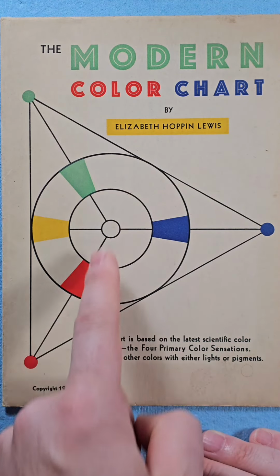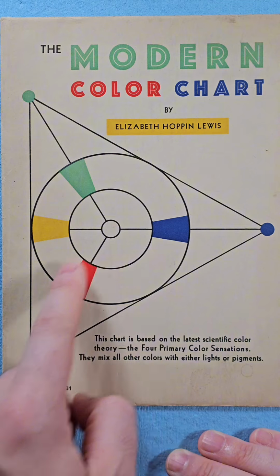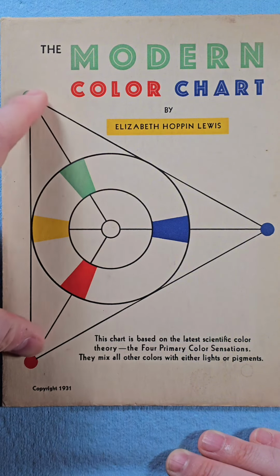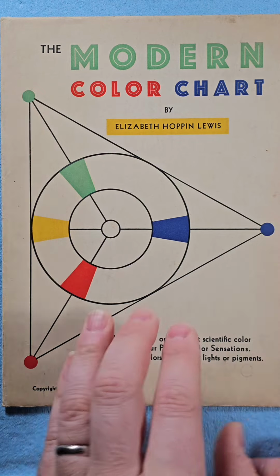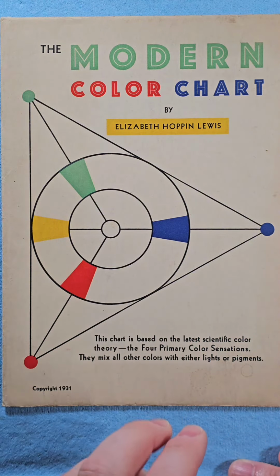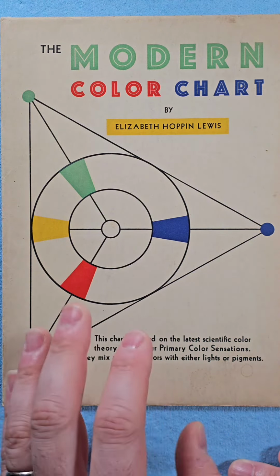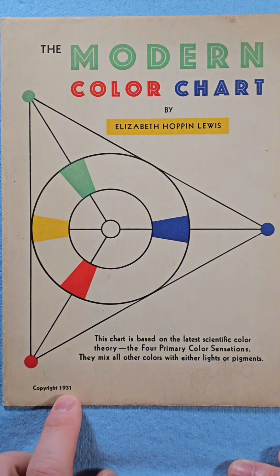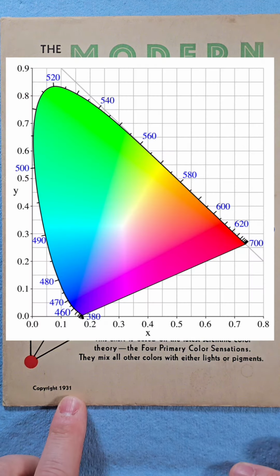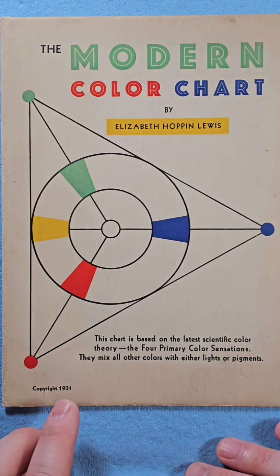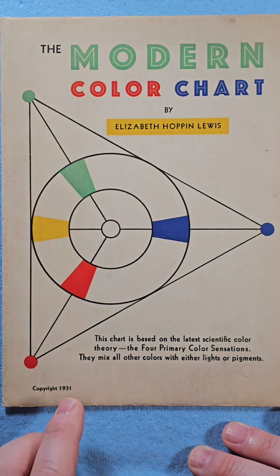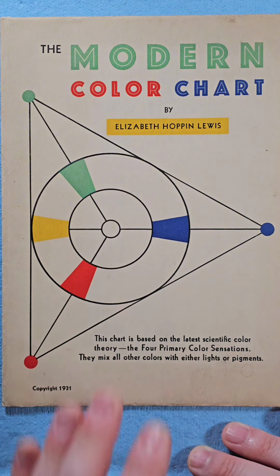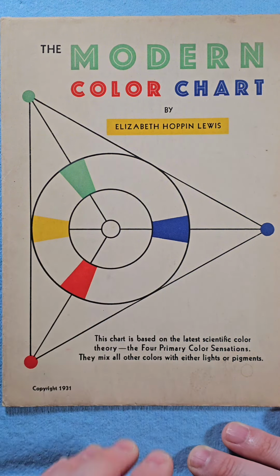You don't have red and green opposite each other. You have them at these angles where they are pointing to the corners of the RGB triangle. This is a very bold marriage of the two competing color theories up to 1931. 1931, by the way, is the year the CIE publishes the chromaticity diagram, which sort of becomes the foundation for modern color science. That means this was the last year that somebody could have published something based on the previous